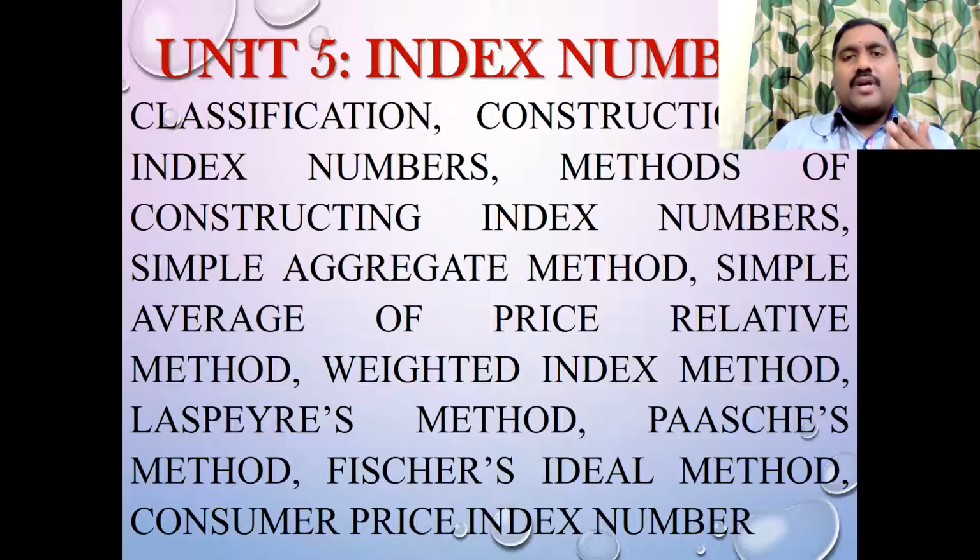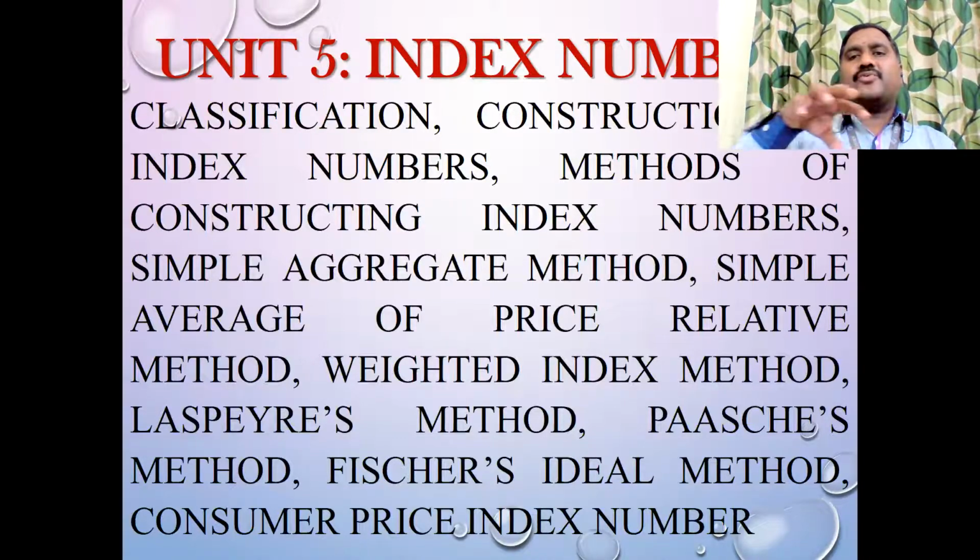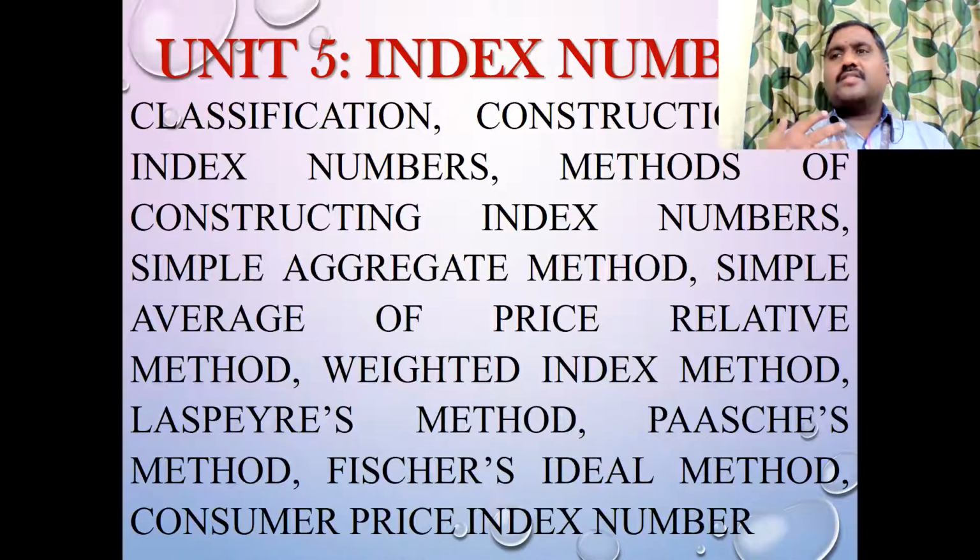Clear. So when you want to compare, you have to compare with the base year. Sir, I want to compare the usage of cell phones in 2021 with the base year. Which year did it start? 2000. If you compare the usage of mobile phones in 2021 with 2000, you can see a lot of changes over the past 20 years, right? Changes in the model, design, price, usage, purchasing pattern, accessories, and the establishment of mobile showrooms. You can see a lot of changes.